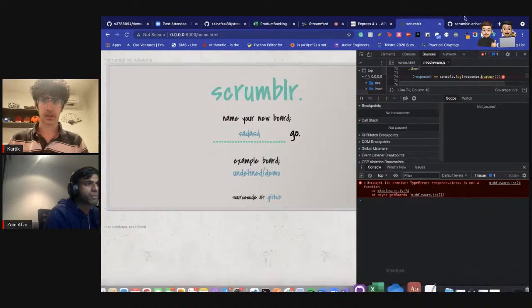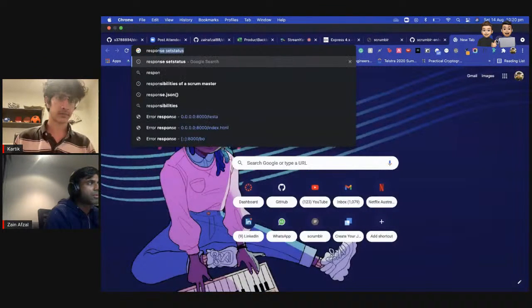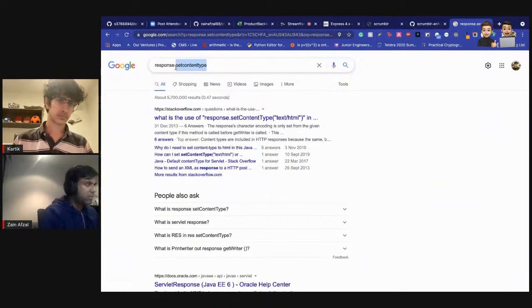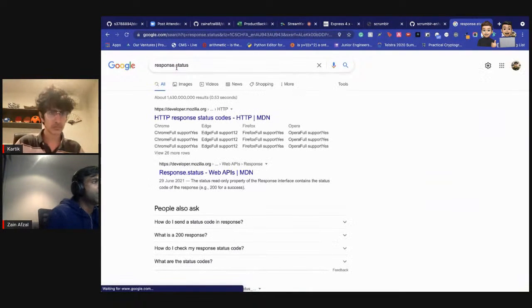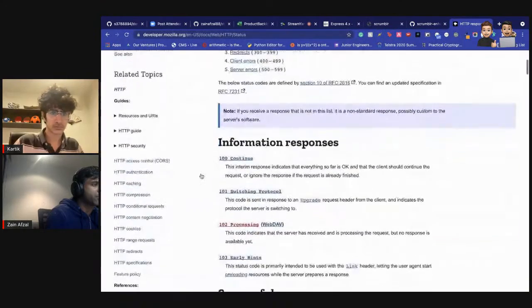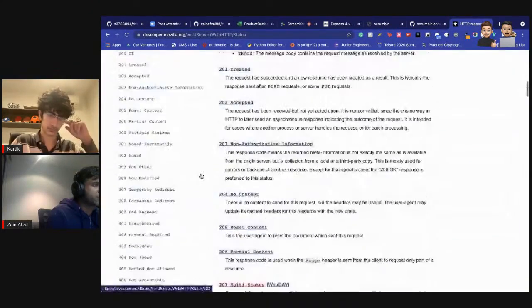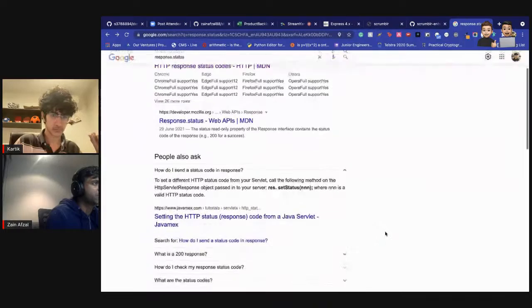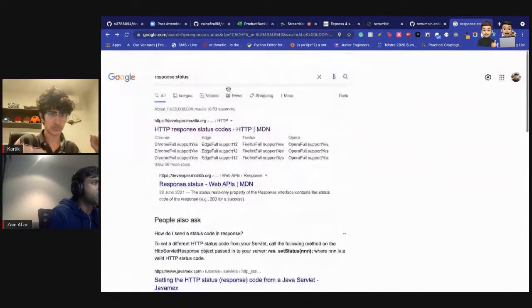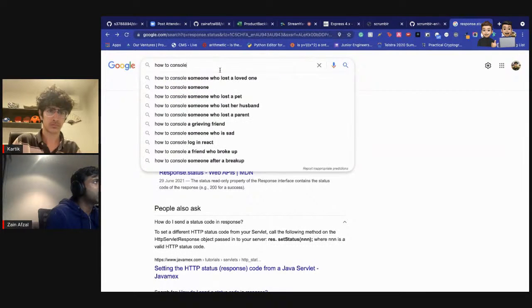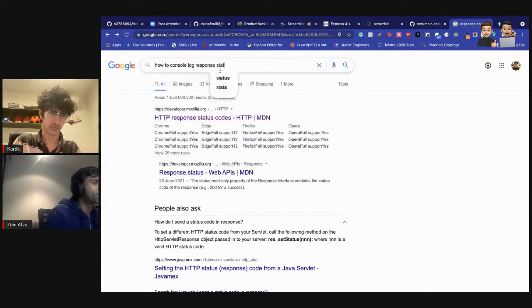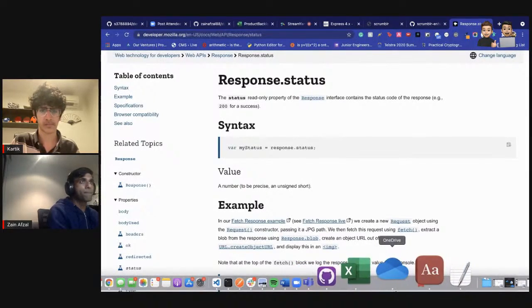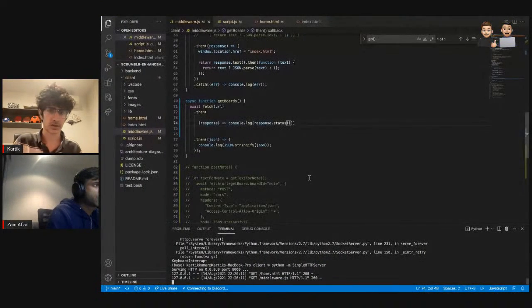How is the response status written? I think it's written as response dot status, not as a function.